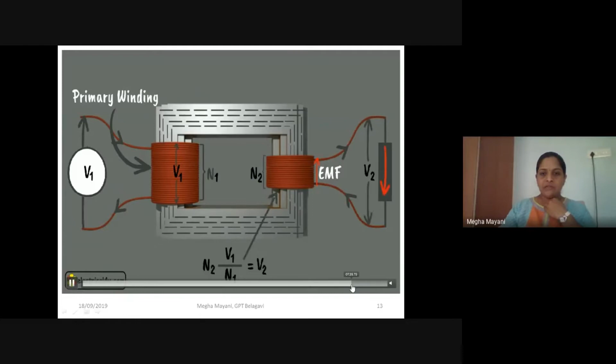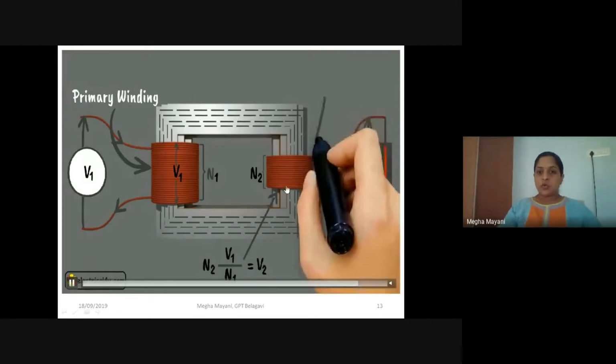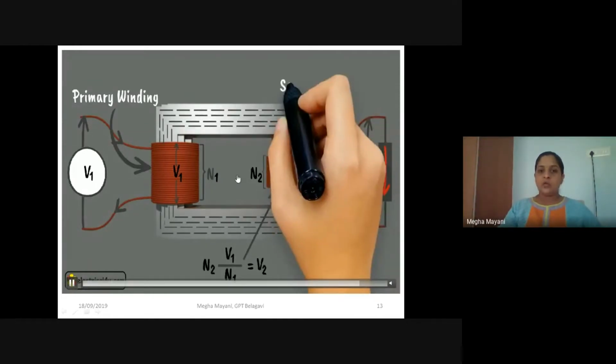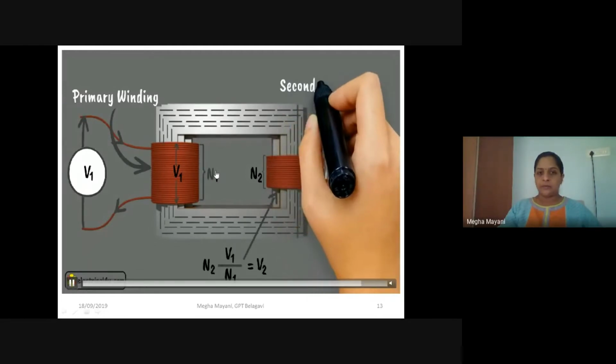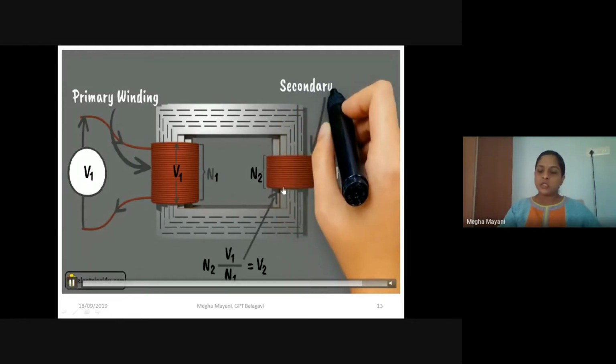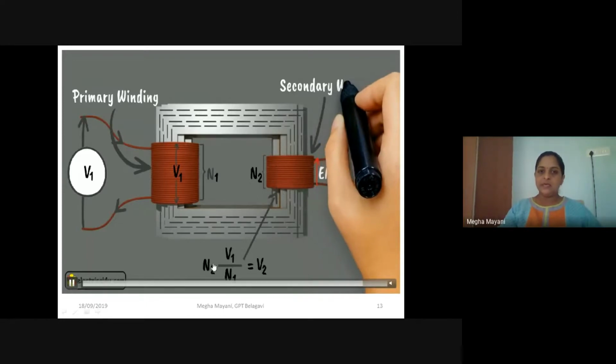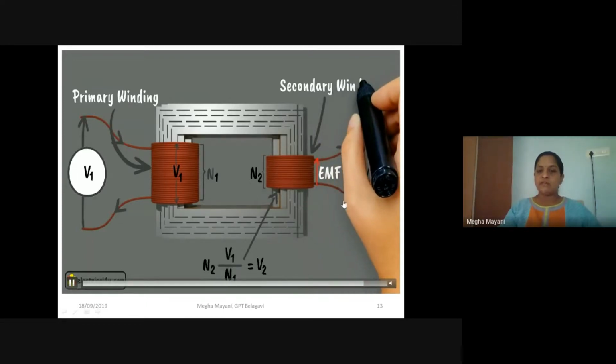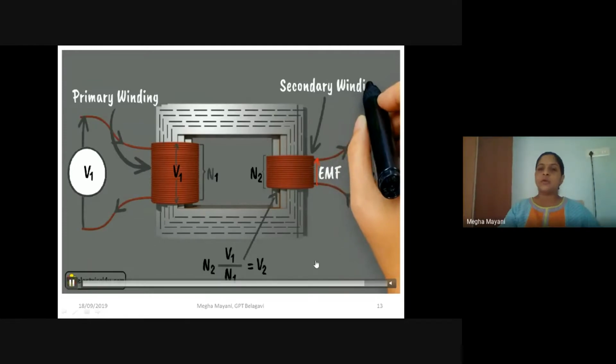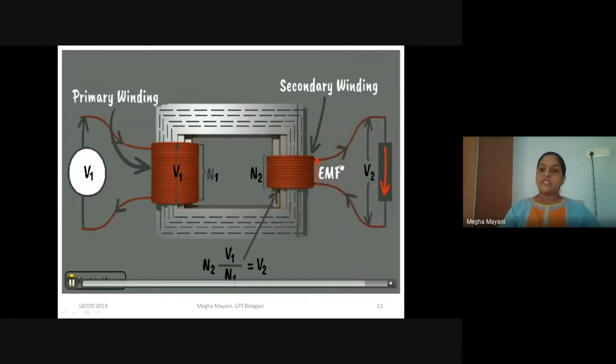Now similarly, if N2 is the number of turns for the secondary coil, and the voltage V2 is induced across the secondary, or the voltage absorbed across this load is V2, then the input given to each turn of the coil will be equal to V1 by N1. If you multiply that by the total number of turns present in the secondary, that is N2 V1 by N1, it will be exactly equal to the voltage drop available across the load